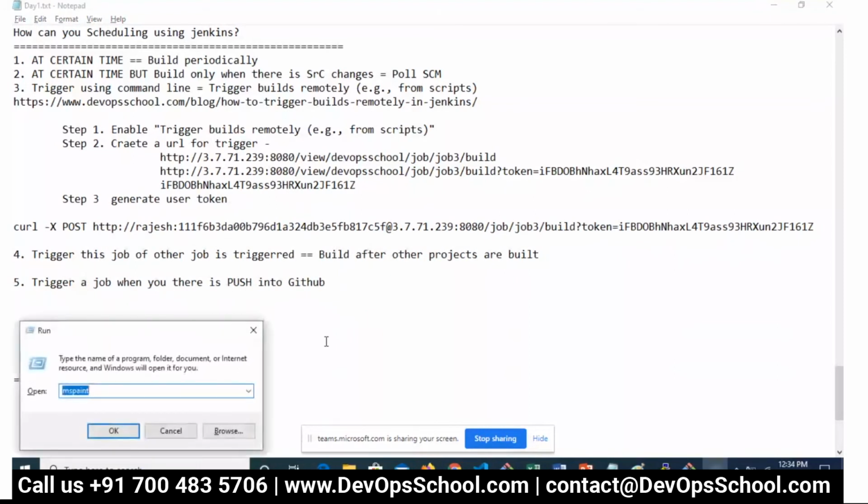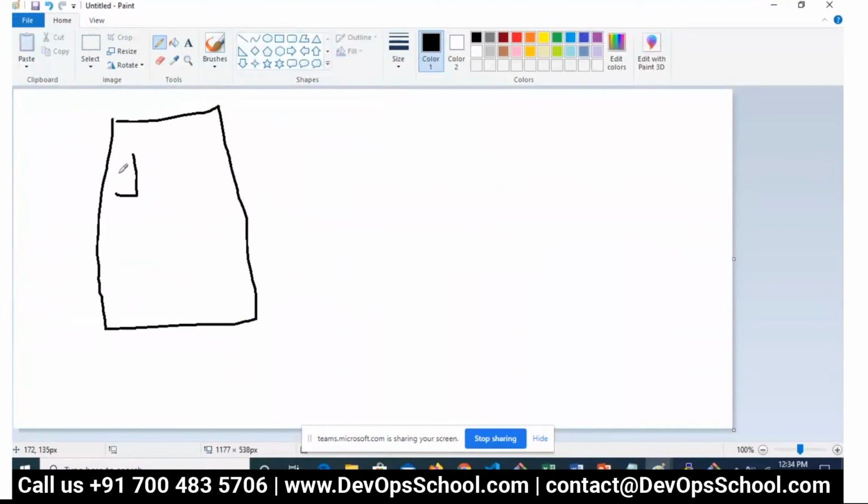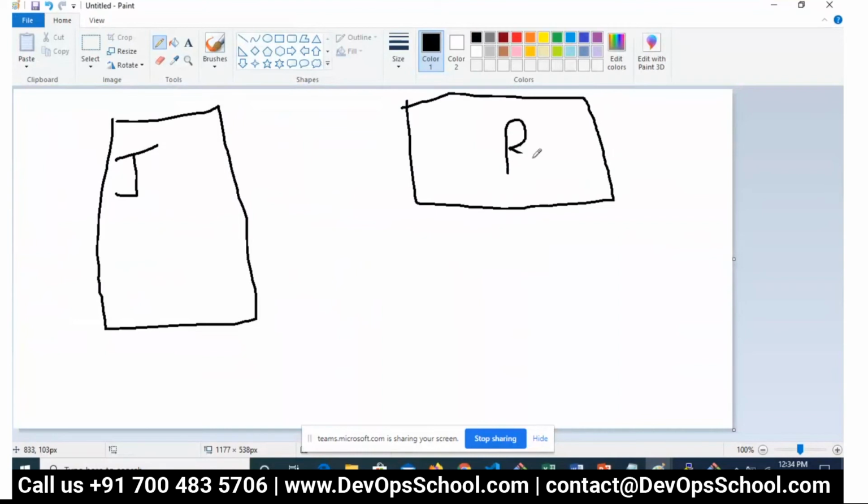See here, architecture is very important in this. This is your Jenkins and this is your job. This is your GitHub and this is your repo. So this is GitHub, and this is your Jenkins, and this is job one. I'm sorry, I'm not able to draw properly, so don't mind.